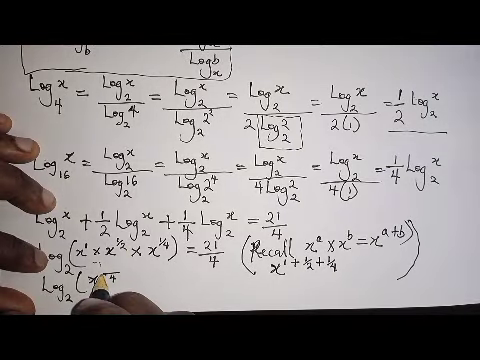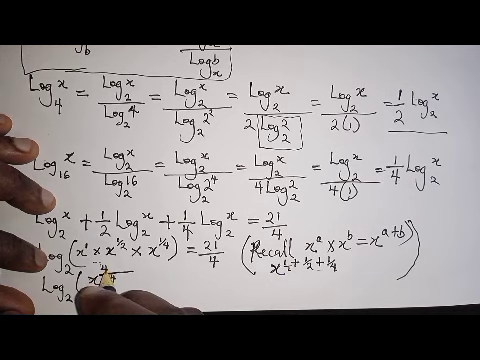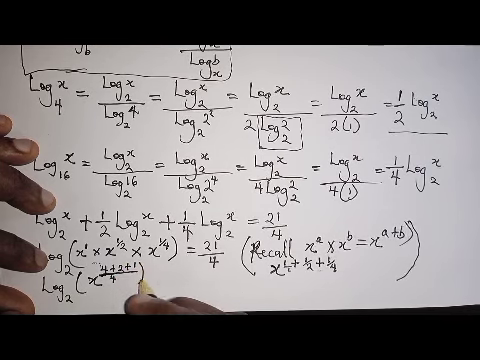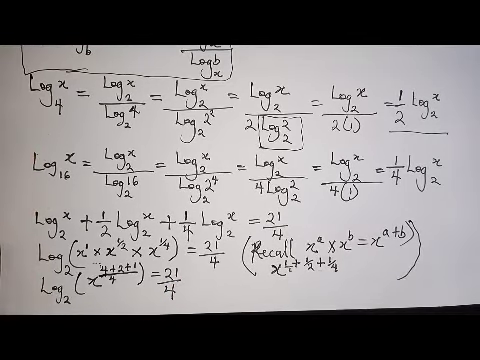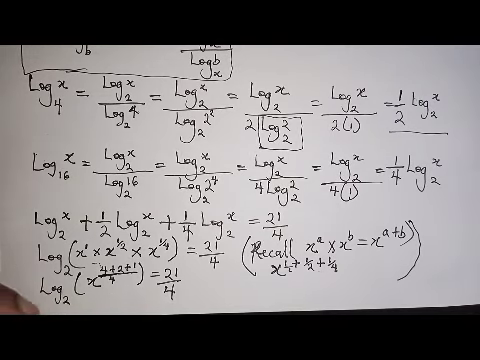Then this now becomes, taking the LCM, 1 goes into 4 four times. So this is going to be 4 plus 2 plus 1. At the end of the day, we say this is equal to 7 over 4. So that is that. Then the next thing we need to do is to equate it to